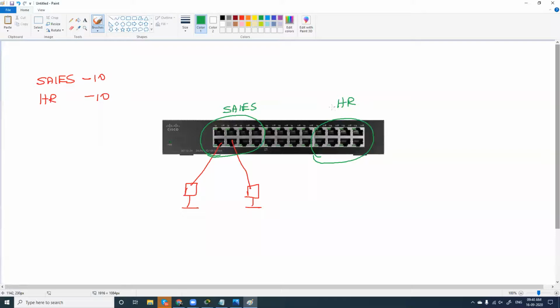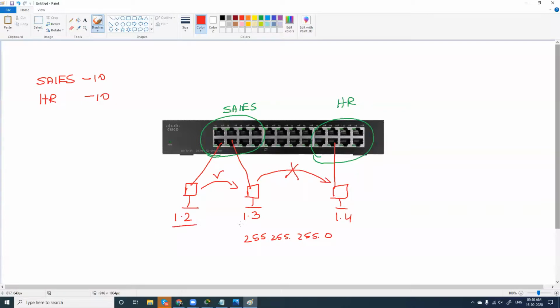We have to configure this. But after you have configured, even with the IP address of 1.2, 1.3, and if it is 1.4, and they all have the default subnet mask like this, when you try to ping between sales computers, yes, you will be able to ping. But when you try to ping from sales to HR, probably you'll not be able to ping.